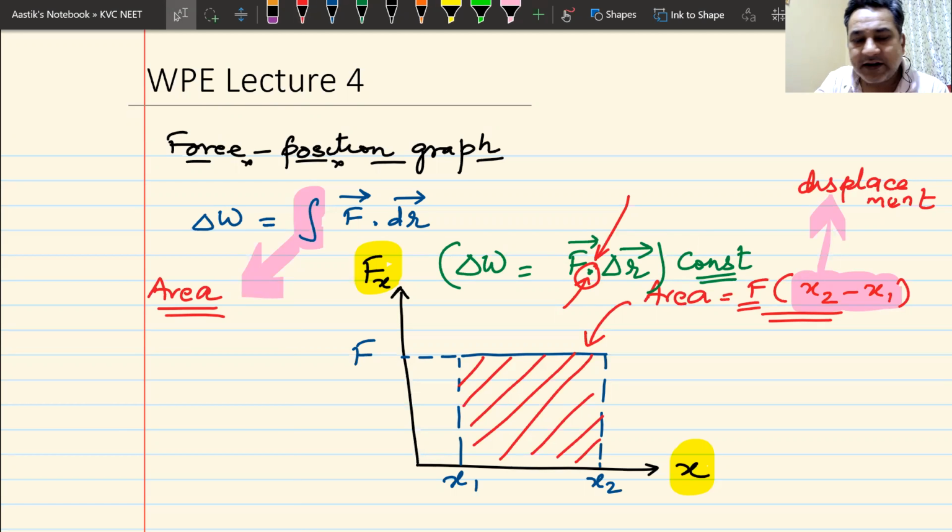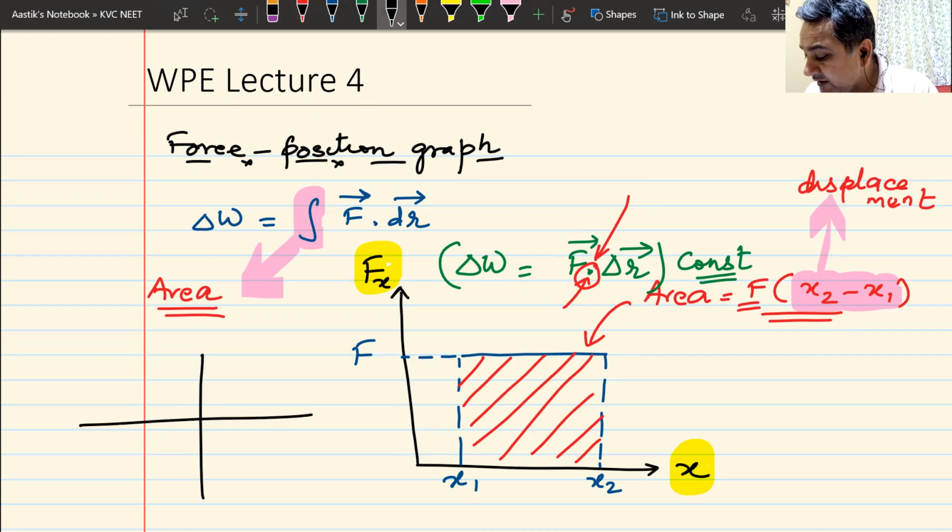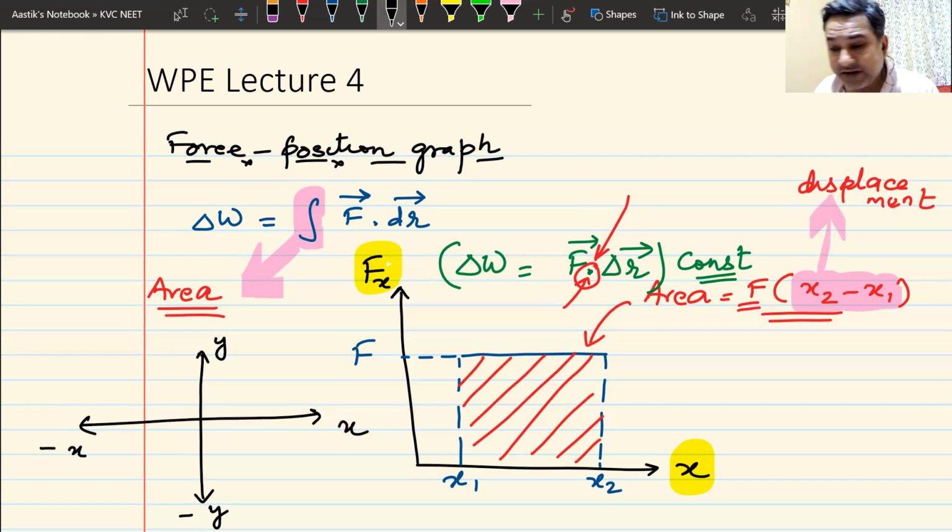Anyone? How will I know whether the area is positive or negative for this area? How do I find out? Okay, I'm not getting any answer, so probably I'll have to do it on my own. The way we understand this is by this simple thing: x-axis, y-axis, x, y, minus x, minus y. Here I'm assuming that I have plotted position on the x-axis. So as you can see, it does not take rocket science.